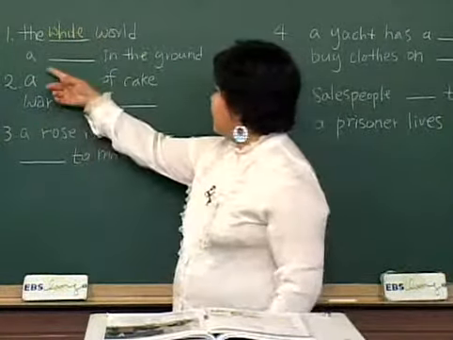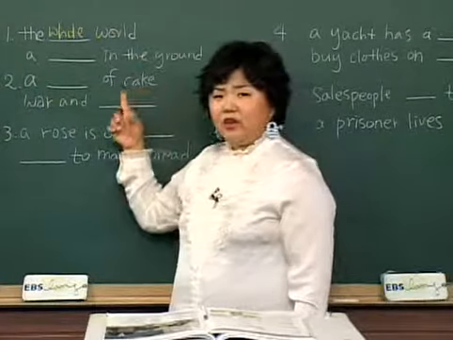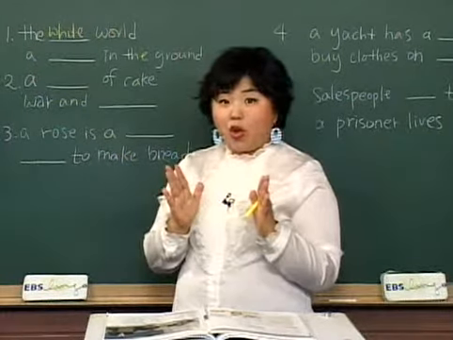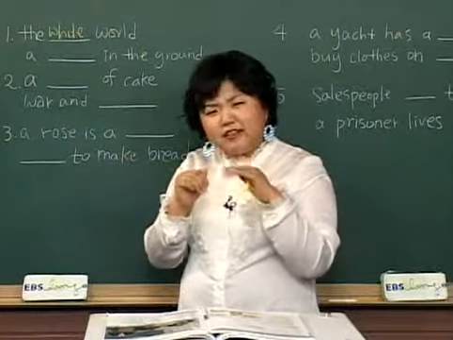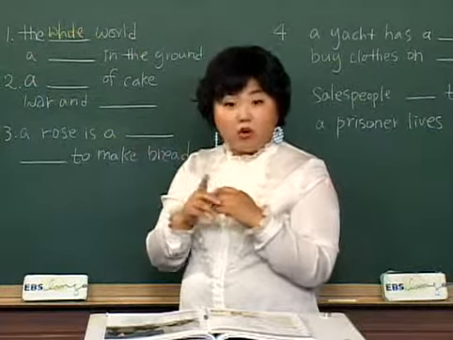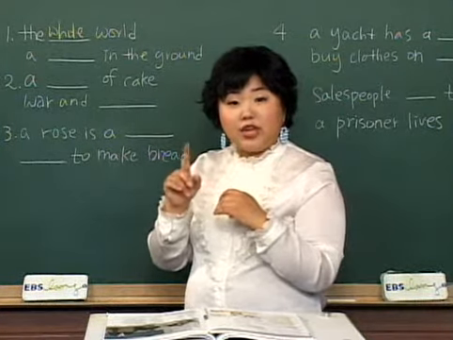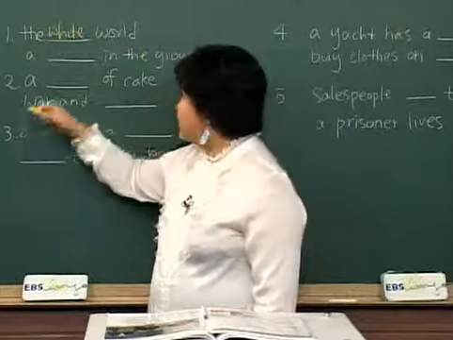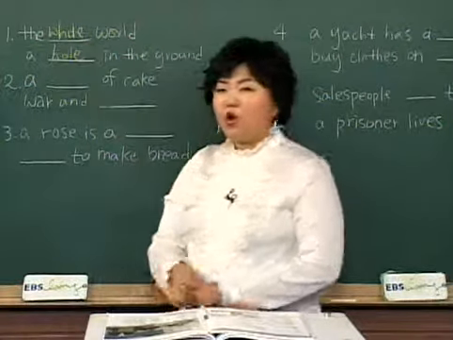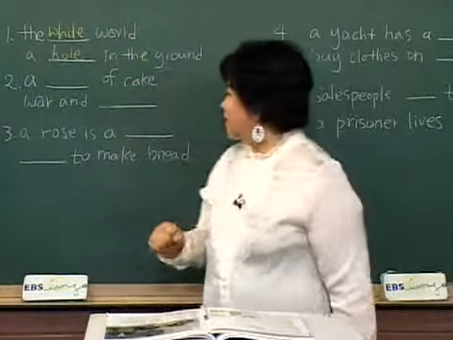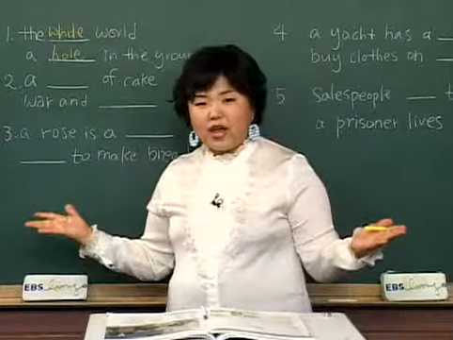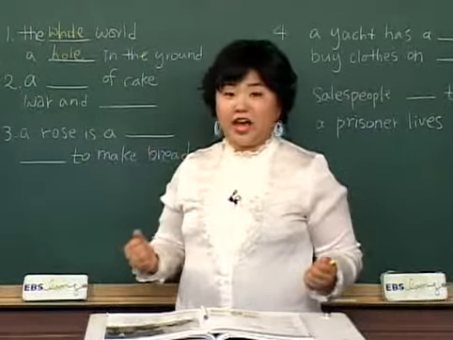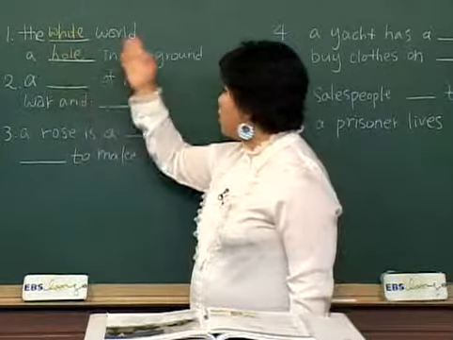How about here, a hole in the ground? A hole entire the ground? No, ground. If there is like a mole, 두더지가 있으면요, you can find the hole in the ground. Here, the hole does not spell W-H-O-L-E. Okay, you have to omit W to properly spell this. So, H-O-L-E, hole, 구멍이에요, hole, right? So, a hole in the ground. There's a hole in the ground. There must be some kind of mole or hedgehog or something like that in this playground, okay? So a hole in the ground